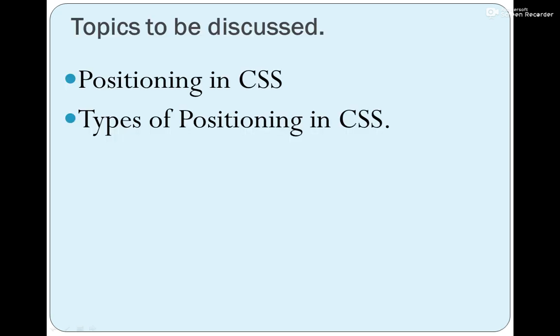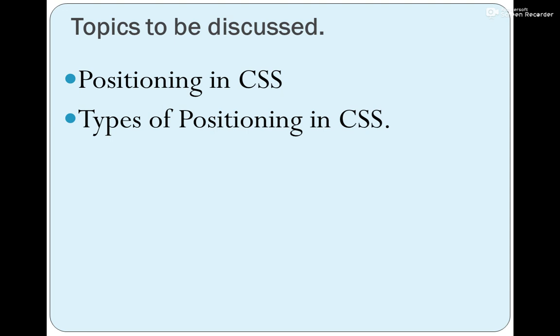So today we will be discussing these topics. The first one is positioning in CSS and the second is different types of positioning in CSS. Students, positioning basically deals with the placement of elements on a web page.